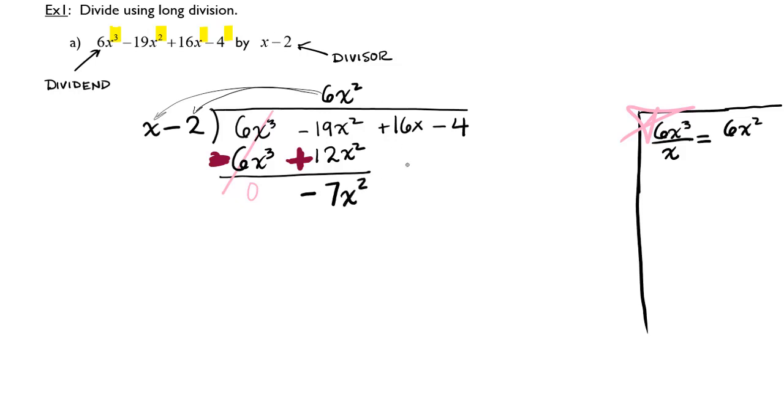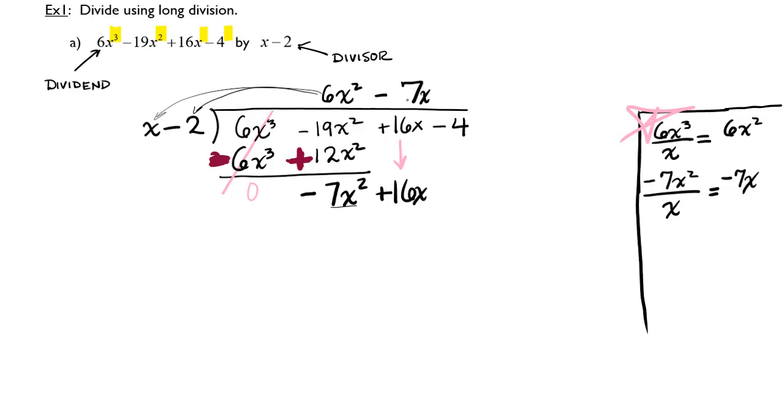Then I drop down the term that comes next to the right, plus 16x, and I do the whole process over again. I take the first term of my dividend, which is negative 7x squared. I divide it by the first term of my divisor, that's x. Then I get negative 7x when I simplify. I put that negative 7x in my quotient,